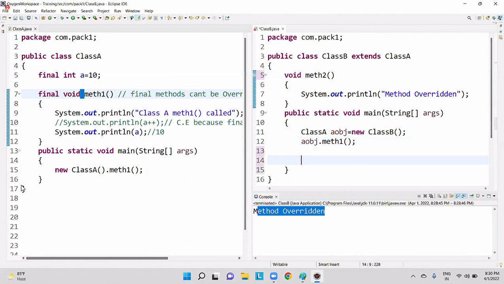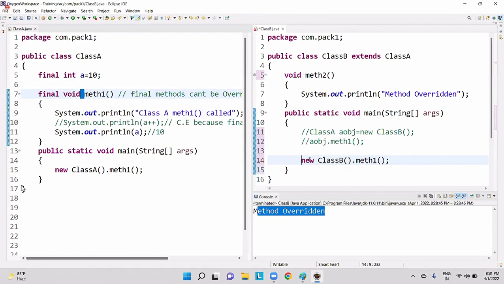Now, let me keep these 2 lines in comment. For example, new class B dot method 1. Can I write like this, guys? Method 1 belongs to which class?